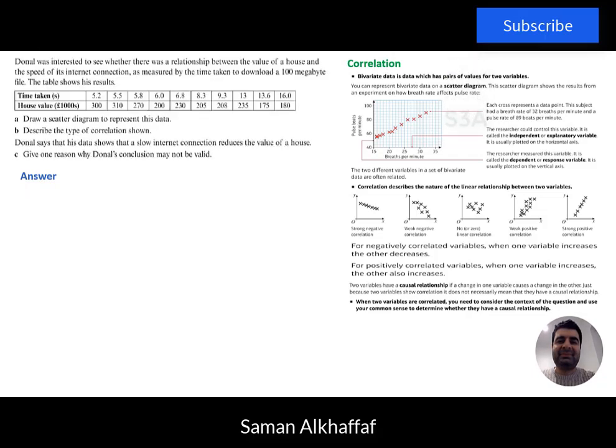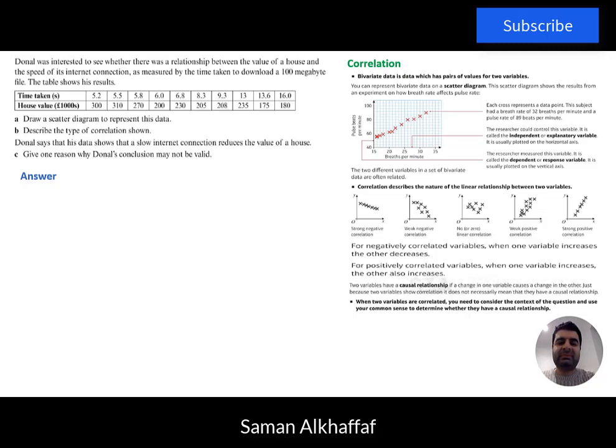In this example, Donald was interested to see whether there is a relationship between the value of a house and the speed of its internet connection, as measured by the time taken to download a 100 megabyte file. The table shows his results. So time taken is